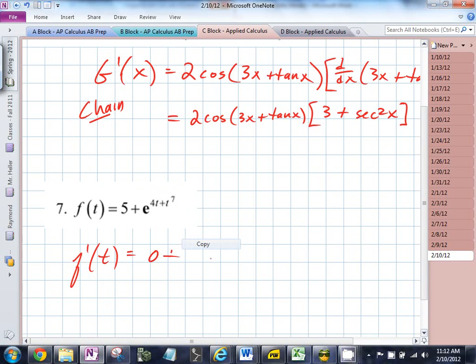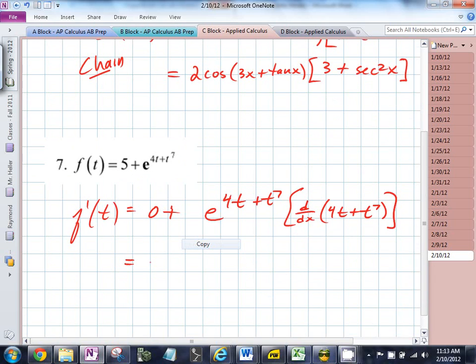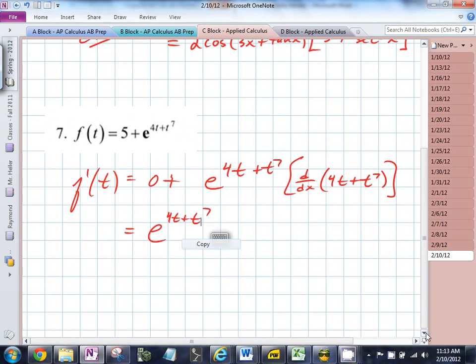0 plus, well, you do the derivative of e to the x is e to the x, but it's e to the 4t plus t to the 7th times the derivative of what? 4t plus t to the 7th. That's what's being thrown into that function. So it's equal to e to the 4t plus t to the 7th, times